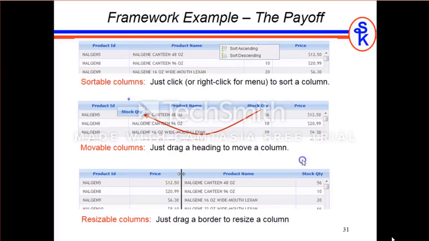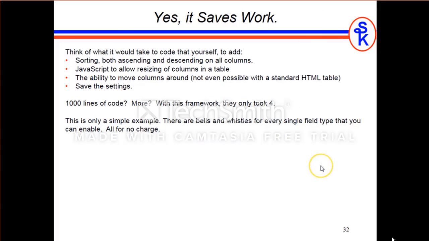Hopefully that made sense. I've got a slide that shows the same things, but we looked at this already. So it does save you time. And this is again a very simple, textbook example. The more stuff you do and the more sophisticated your screen is, the more the framework is going to save you time and allow it to be more interactive and all of that. All right, so that's Web